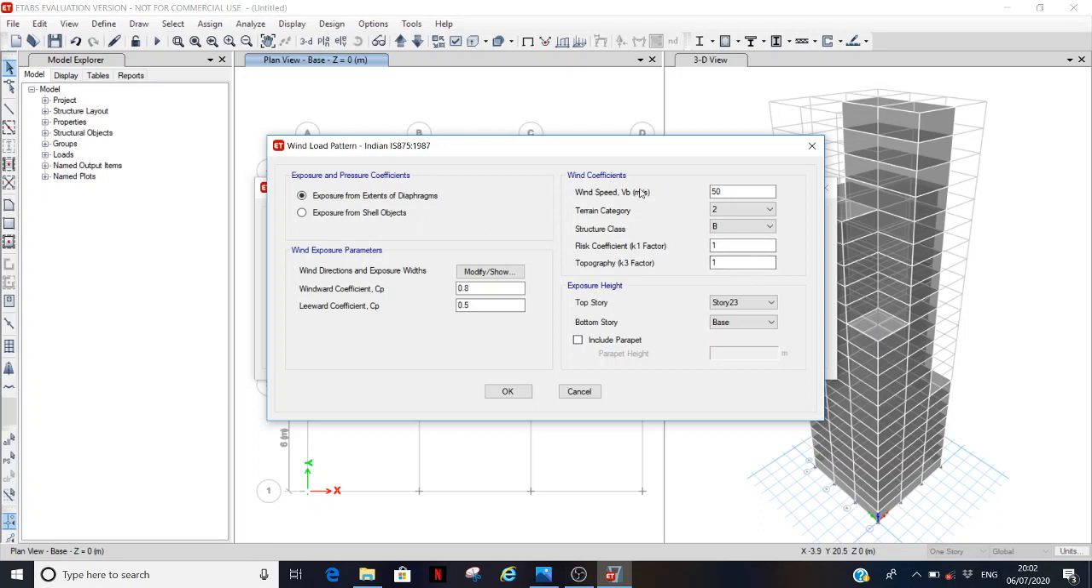So here wind coefficients are to be identified using the IS code 875 part 3. I don't have the soft copy, so I'll explain how I have taken these values. From the IS code, if we get into the map, the Indian map will be visible, in which for the Bangalore city, wind speed is given as 33 meter per second. Terrain category for Bangalore is 3. This actually depends upon